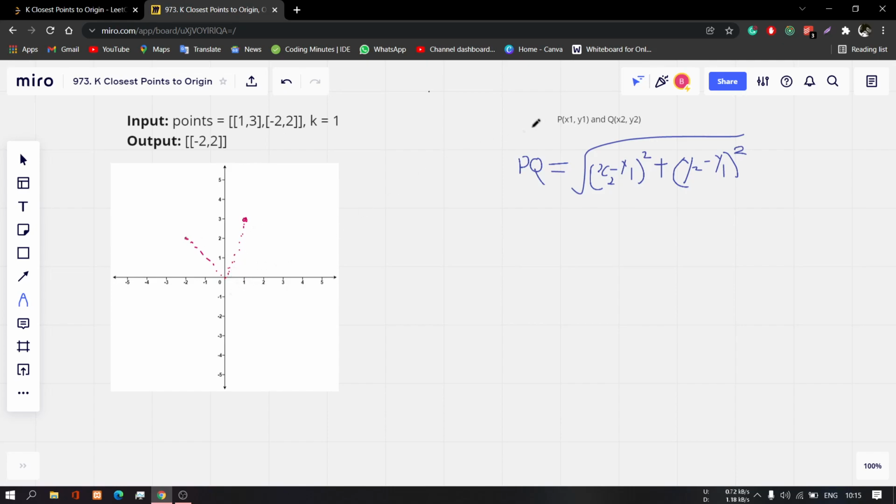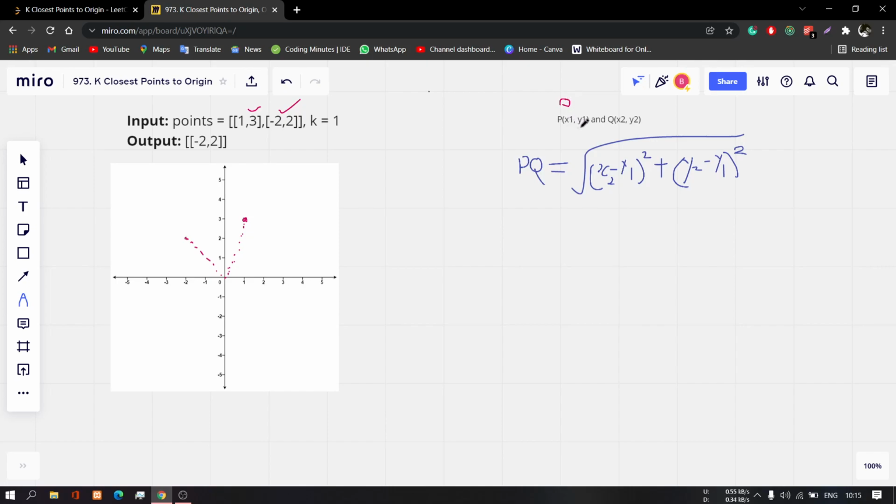So here is a mathematical formula. I hope you all have studied it in your school time, in 8th or 9th. If there are 2 points, p1 and q1, where p1 is at x1, y1 and q is at x2, y2, then the formula for the distance pq equals the square root of (x2 minus x1) the whole square plus (y2 minus y1) the whole square. Here I take the origin as p, and q is all the points which are given, and so on if there are multiple values.